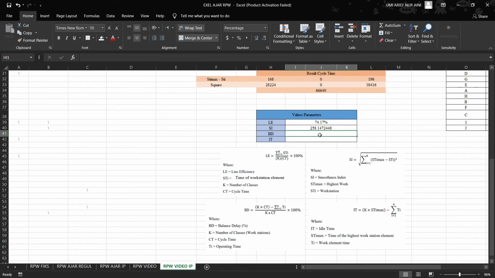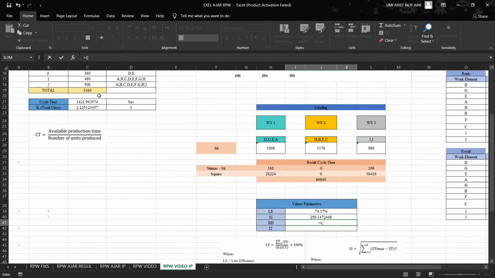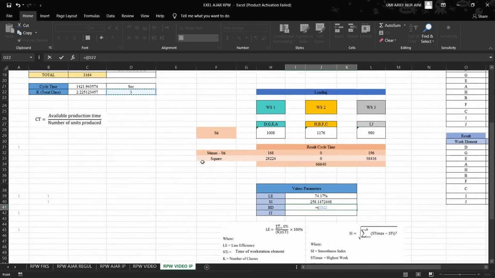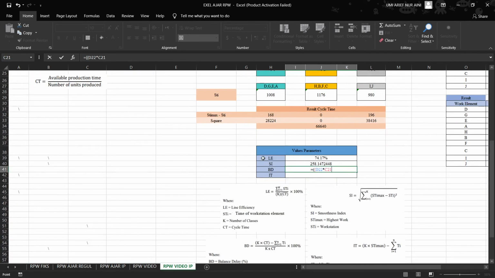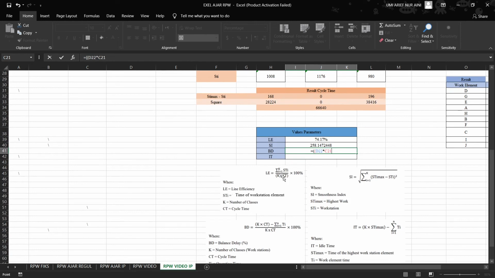Okay, and then after we get the result of the smoothness index, you can calculate the BD, or the balance delay. For the formula, you can double open bracket like this, and then click K multiplied by cycle time. K is 3 in here, and then multiplied by cycle time. The cycle time is this, and then you can close the bracket.